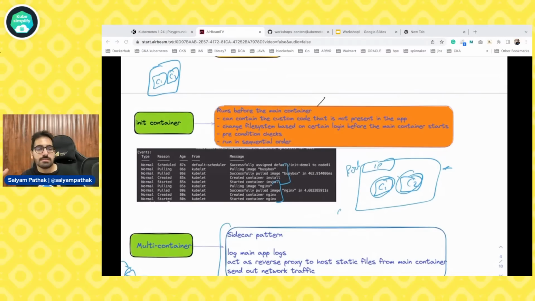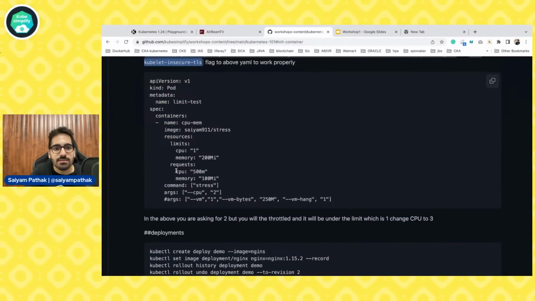Requests are something that you are requesting when you are creating the pods and the deployment. So you are saying that for this particular pod I need the requested CPU as 500 and requested memory as 100, but I do not want it to use more than one CPU. This is a stress test, so don't go to the commands, they are just for the example. You need to focus on this section, defining the resource limit and resource request. There are interesting takes, to be very honest,